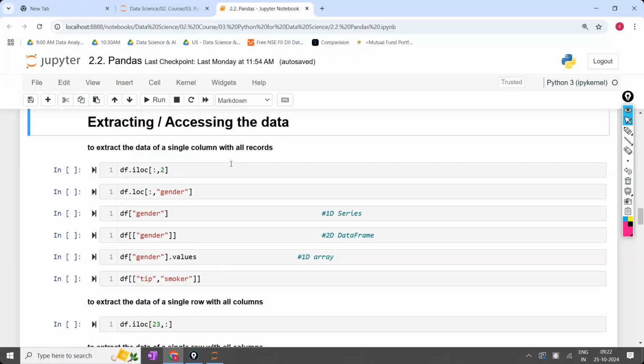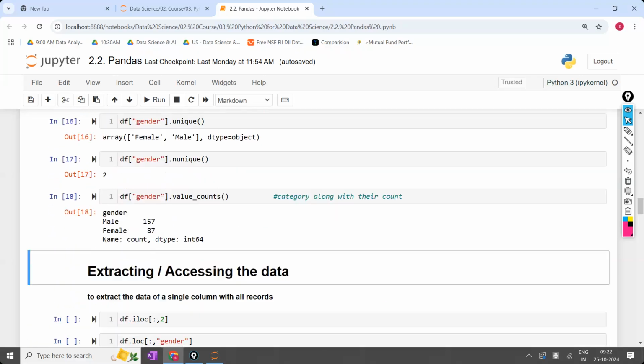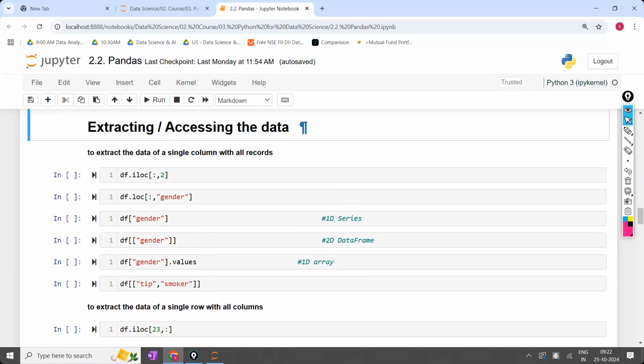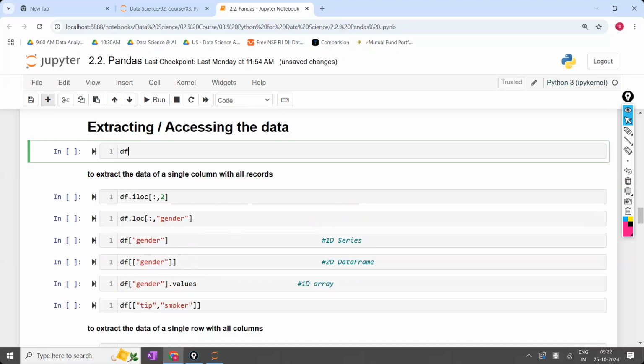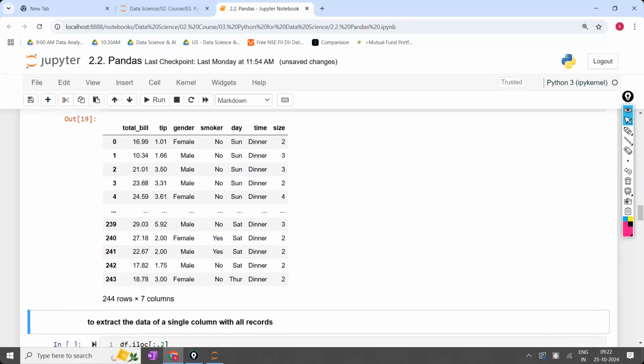If you want to select any particular column, for example, the column called smoker. Where is the smoker column? First I'm going to write df, whatever my df is, I'm printing the df. This is the smoker column. Now, if I want to extract the smoker column, what is its index number? It is the third index number. If you manually count 0, 1, 2, 3. If 50 to 60 columns are there,